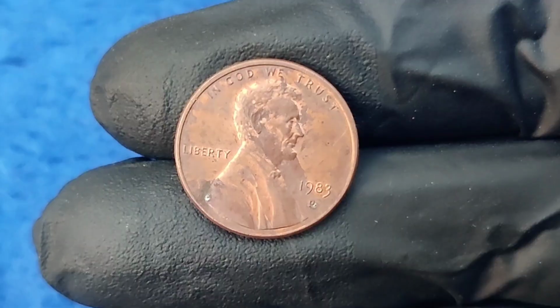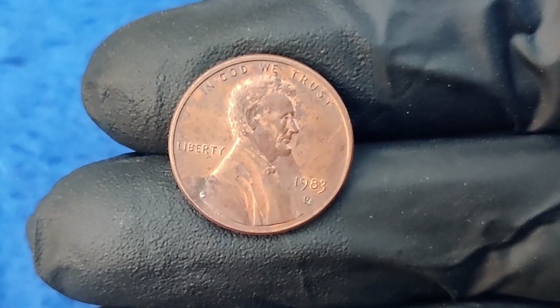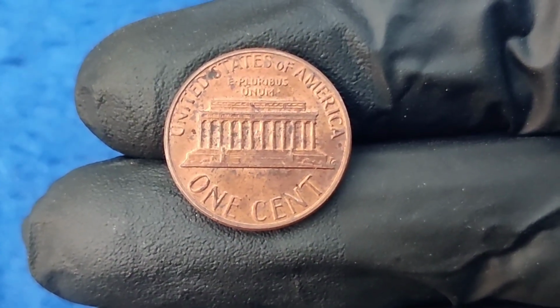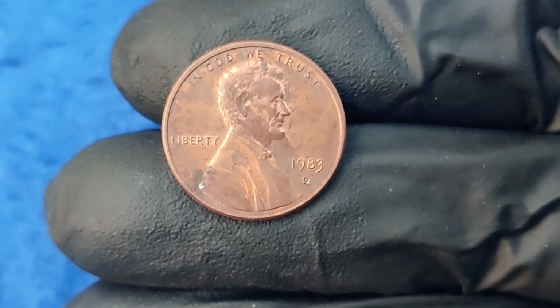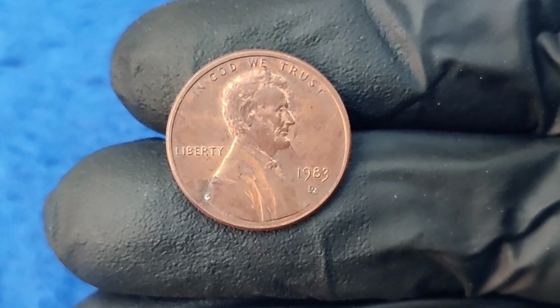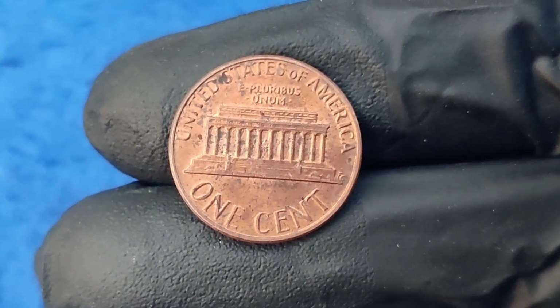In 1982, the United States Mint shifted the composition of the cent from nearly pure copper to copper-plated zinc. That means the 1983 Lincoln Memorial cent is among the very first full years of this new era, struck almost entirely in zinc, with just a thin coating of copper to give it that familiar reddish-brown shine. And this is crucial, because with that new composition came new quirks, new possibilities for rarity, and new treasures waiting